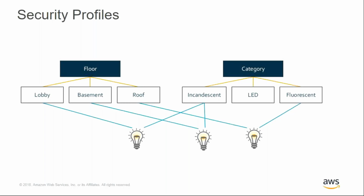Expected behaviors defined in a security profile that is attached to a thing group are inherited by all the devices in that group's hierarchy. A security profile attached to the customer's AWS account applies to all the devices in their account. In our example on the screen, if the customer was to attach a security profile to the thing group floor, it is going to be inherited by all the 3 devices over here. Similarly, whenever a security profile is attached to the thing group category, it would be inherited by all the devices under